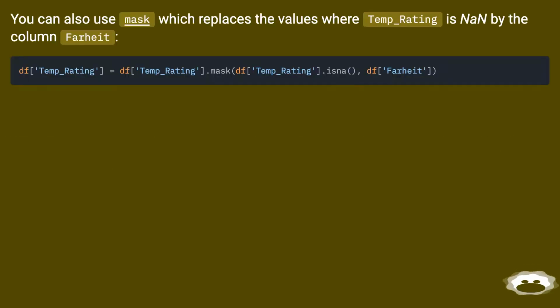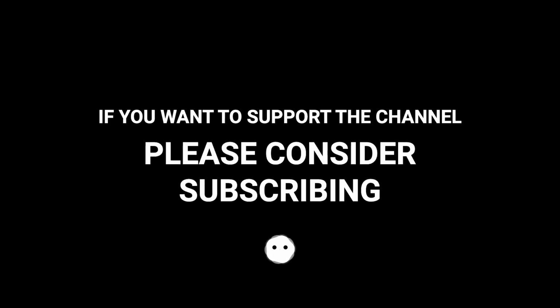You can also use mask, which replaces the values where temp_rating is NaN by the column forHeight. Before the problem is